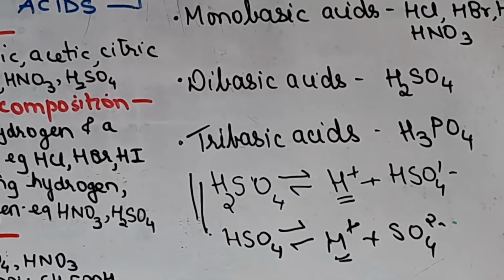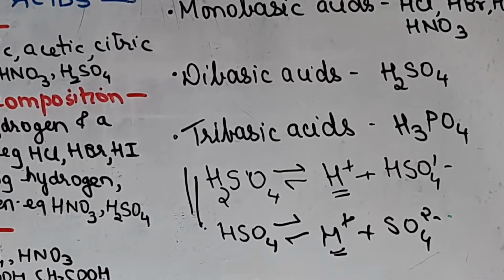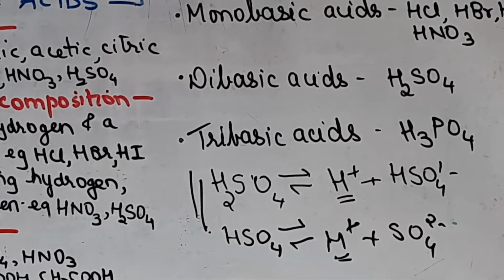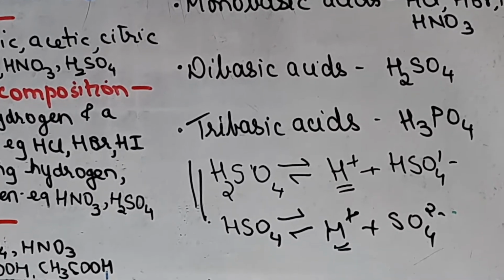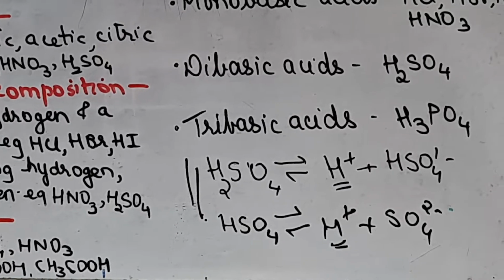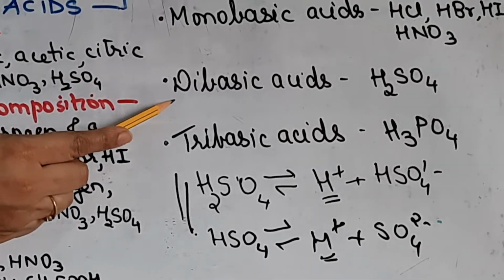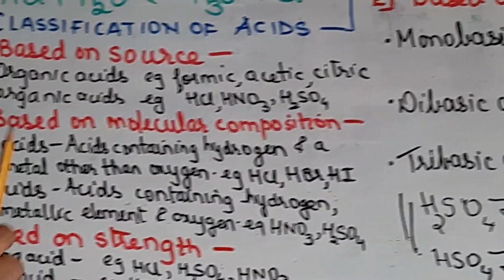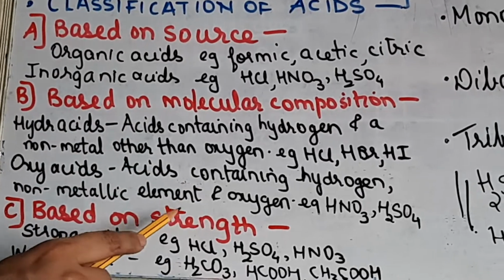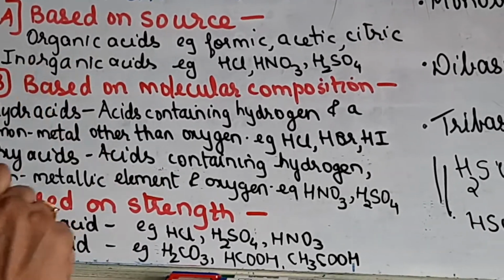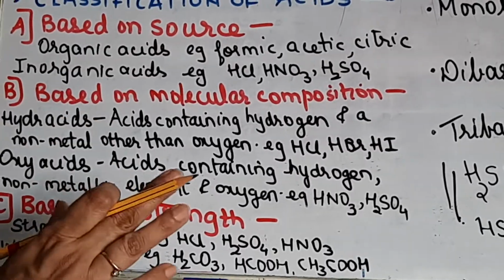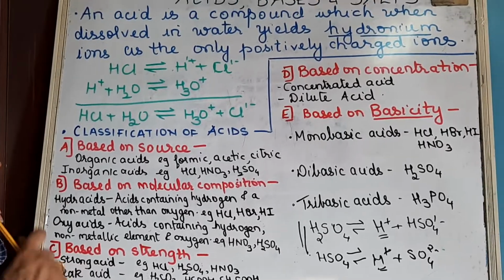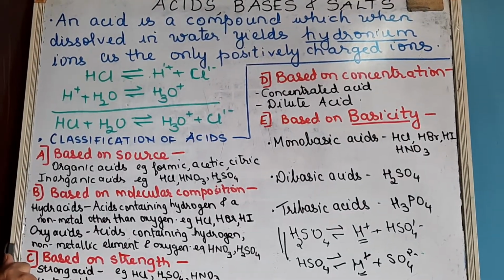Now what kind of questions can you expect on this part? Nobody is going to ask you to classify the acids. The questions will generally be: define basicity, define monobasic, dibasic, or choose the odd one out. Along with a monobasic acid, maybe a dibasic acid is given. Along with organic acids, an inorganic acid is given. Weak acid and a strong acid. Such questions will be asked. Towards the end of the chapter, we will be handling such questions, and I will give you choose the odd one out based on this. Now we will move to the next part.